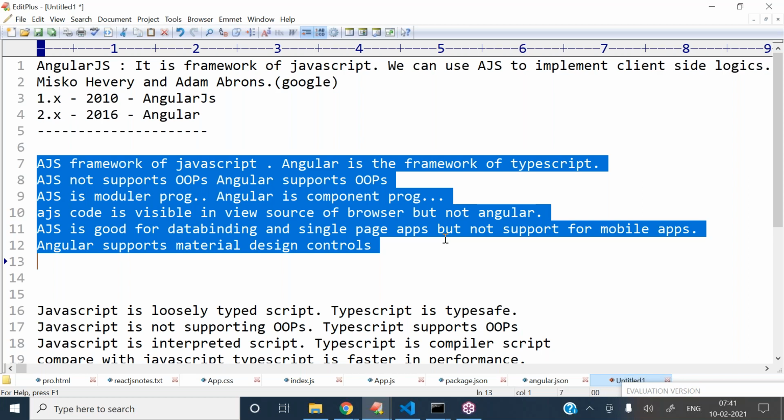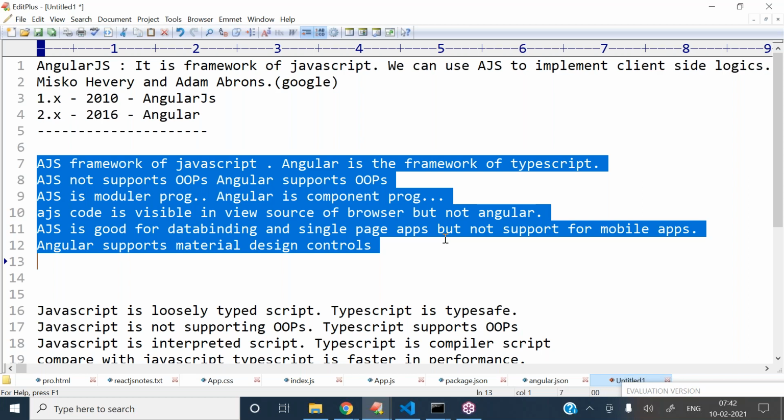Is it clear? Next one, AngularJS supports the data binding concept and single page applications also, but it is not that supportive for responsive mobile applications.